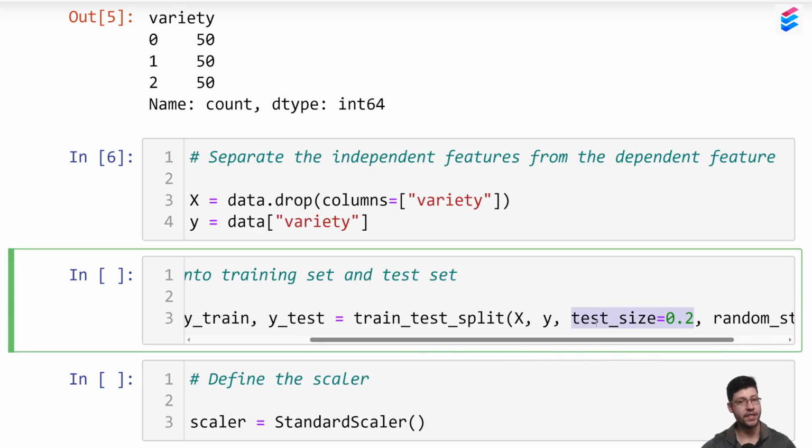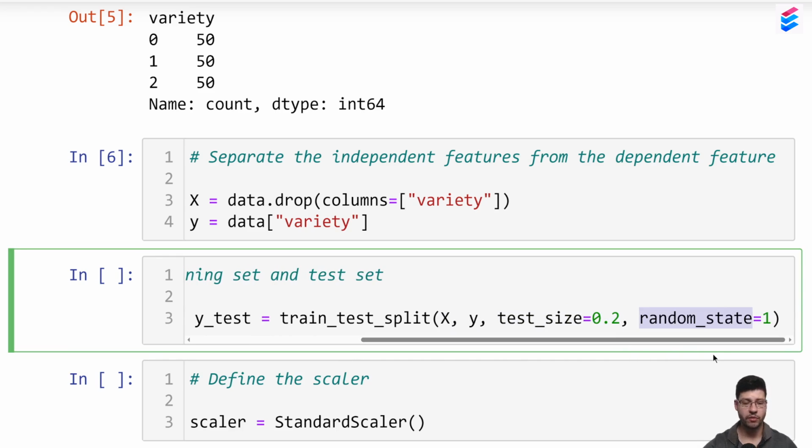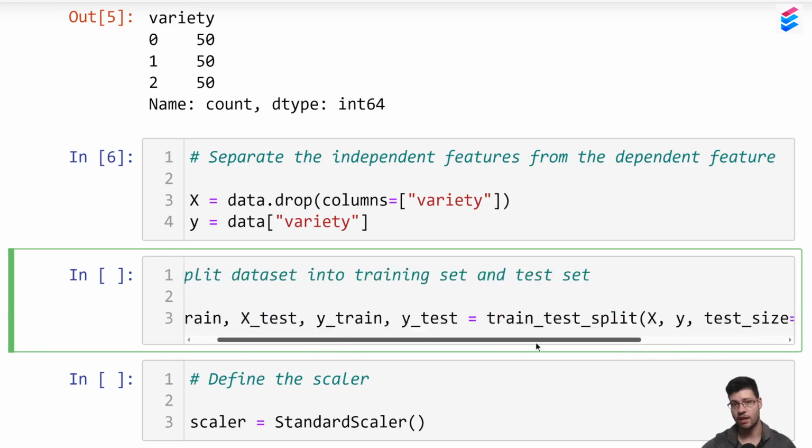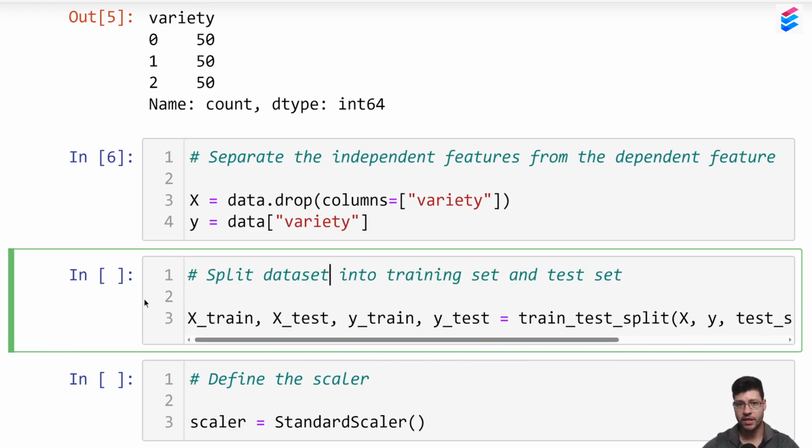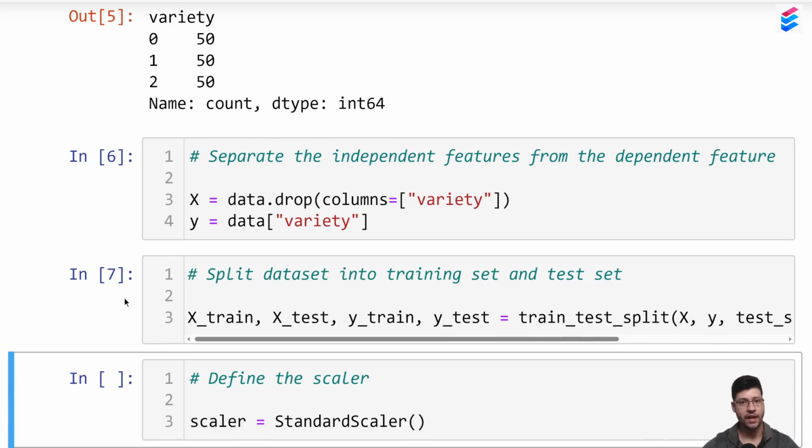In this case, I'm defining that I want it to be 20% of my overall data. And finally, I'm just using a random state here. I'm defining a seed to make sure that my results are repeatable. Now, after I split my data set into a training set and a test set, I need to pre-process my